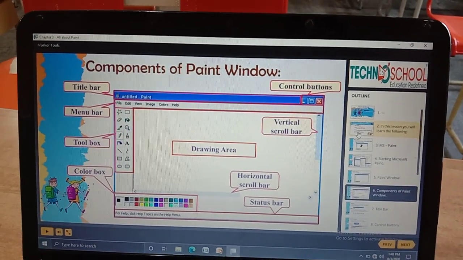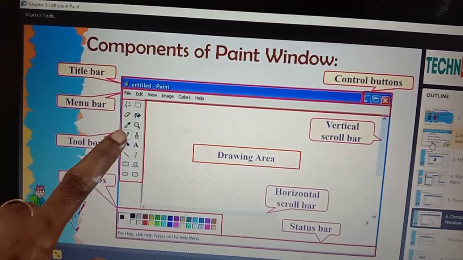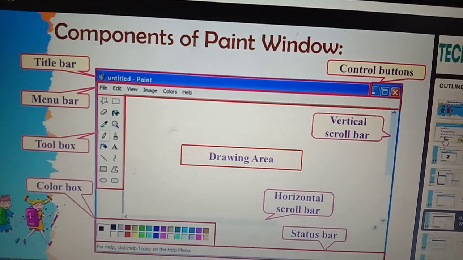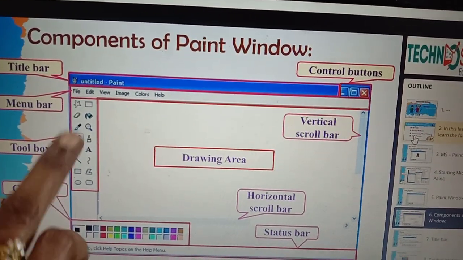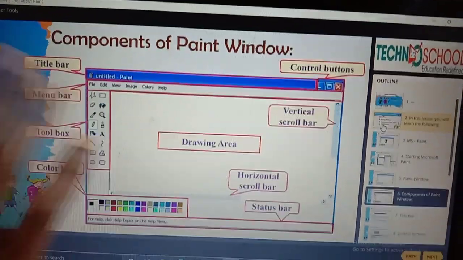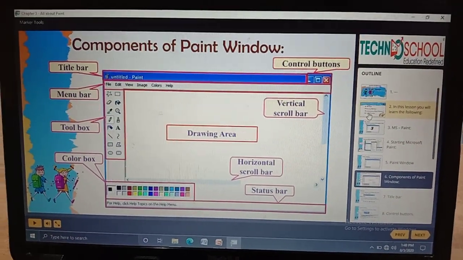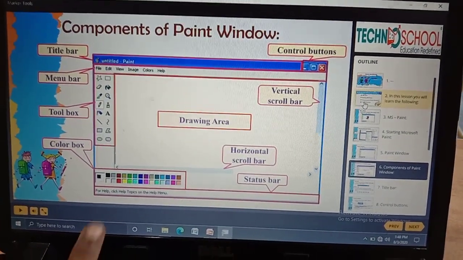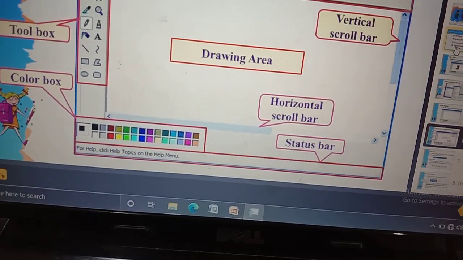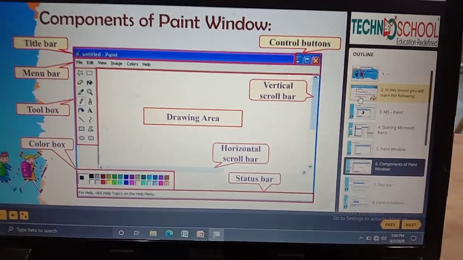Next is the toolbar. In a lower grade you learned about the Fill with Color tool, which helps us to fill colors. In this chapter we are going to learn about all the tools available in our Paint window. Next is the color box, which holds a collection of colors. It helps us to choose any color for drawing.